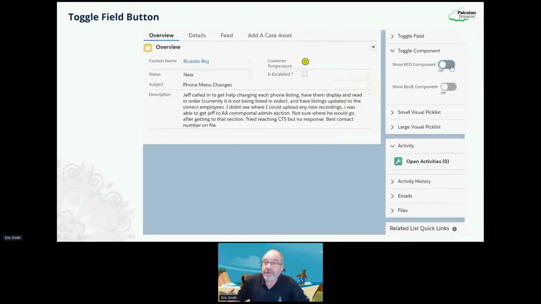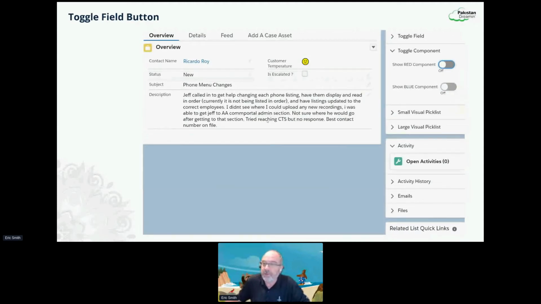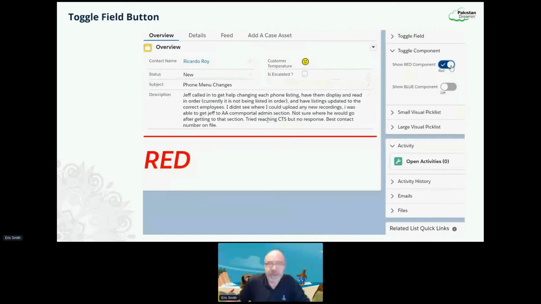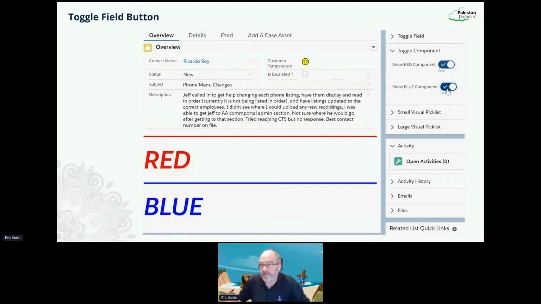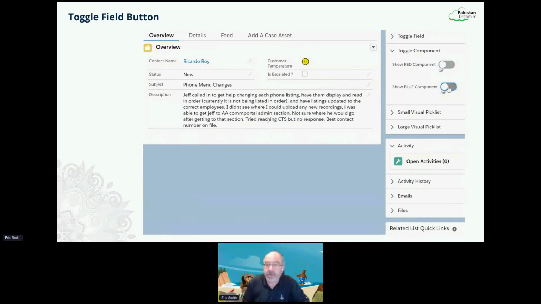Another interesting use for this has to do with conditional visibility. Here I'm just updating a couple different checkbox fields on my record, but I'm using those fields to conditionally display one component or another component. And by clicking these buttons or changing these toggles, I can turn these components on and off on the screen